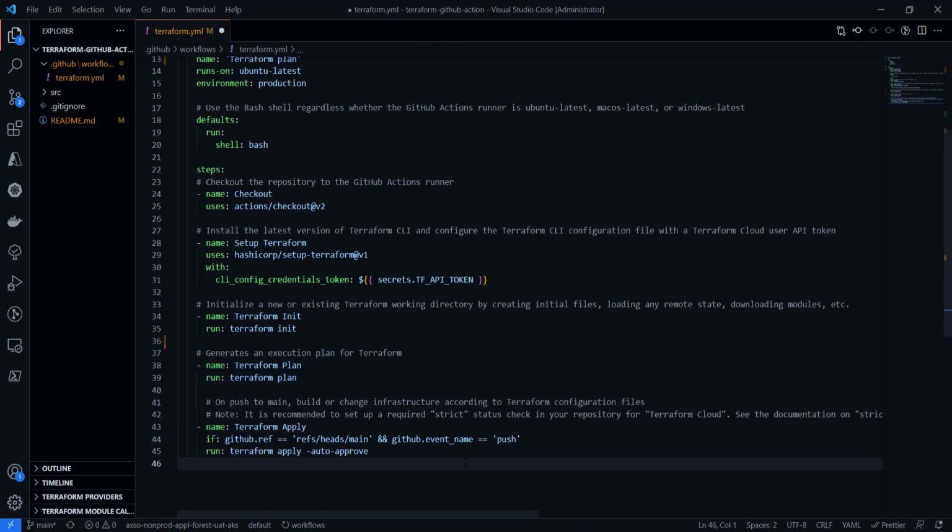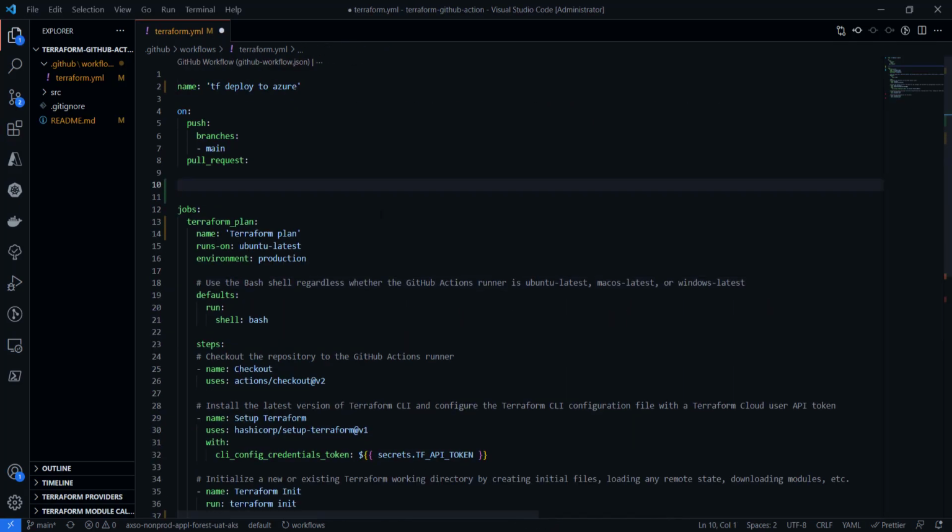But remember, I said that we are going to have a two-stage process. First, we would have a plan, and it will create and deploy the artifact of the plan, and then somebody will review the plan, and we are going to deploy the plan after a reviewer has reviewed it. So what we'll do is I'll remove this particular change. In Terraform, we need to use the variable.